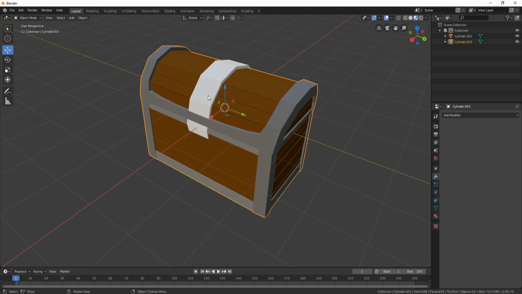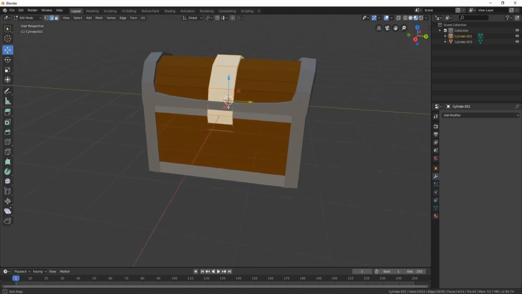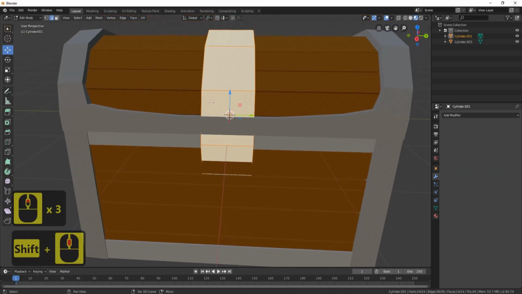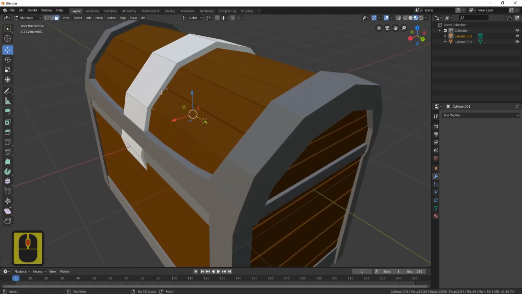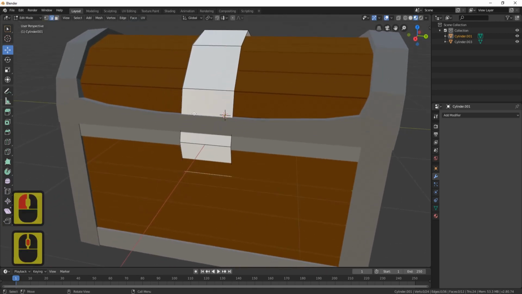Well, before I hide it, what I need to do is select this cylinder once more, and I need to see whereabouts this is coming down to, because I don't really want this part here going over this. I want it to stay within there. So I'll go on face select, select this face and this face, press delete, faces, vert select, and now